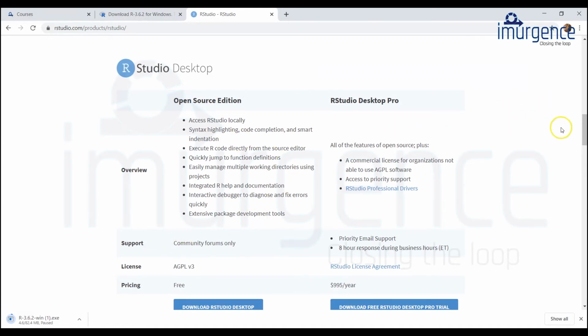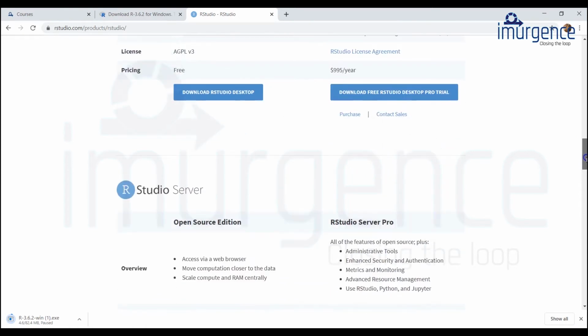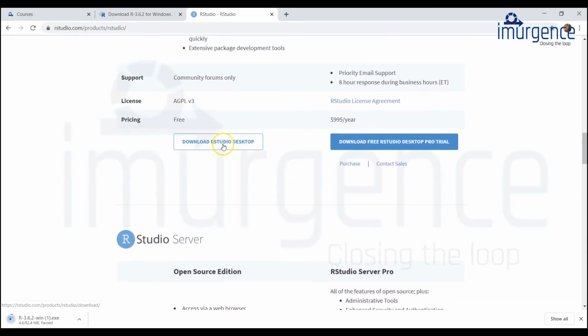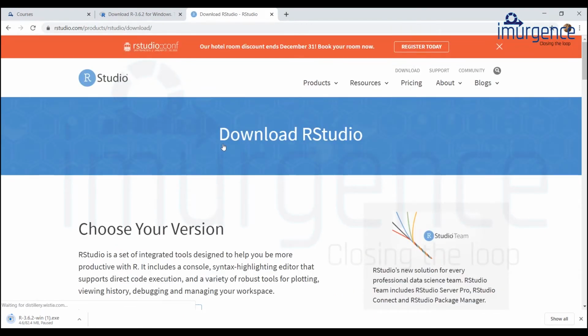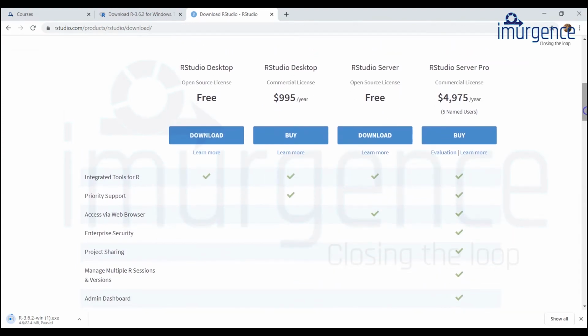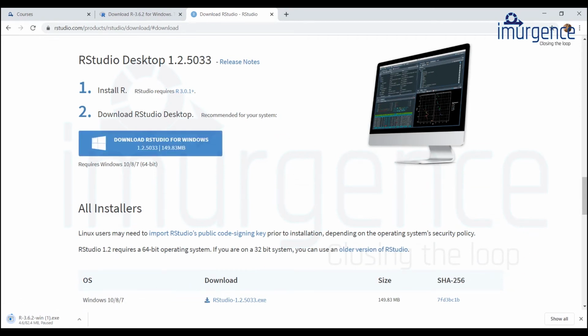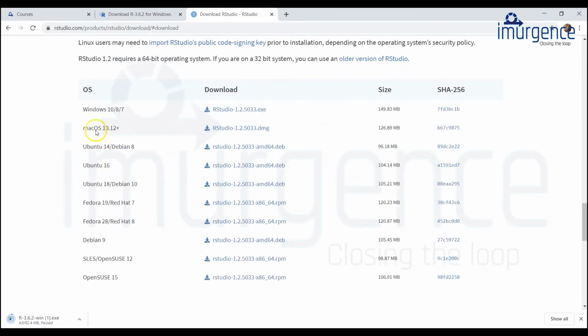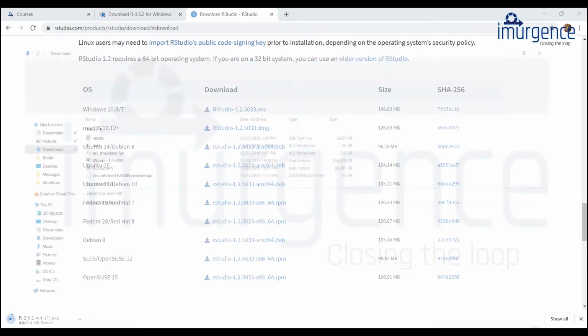You have the open source edition, and just click on download RStudio desktop. Again, it has brought us over here. So you have the free version over here. You just click on the download option, and then depending upon whichever machine you have, you will select. Since I have a Windows 10 OS, I would click over here. It will start downloading. I will show you where I have already downloaded the files,